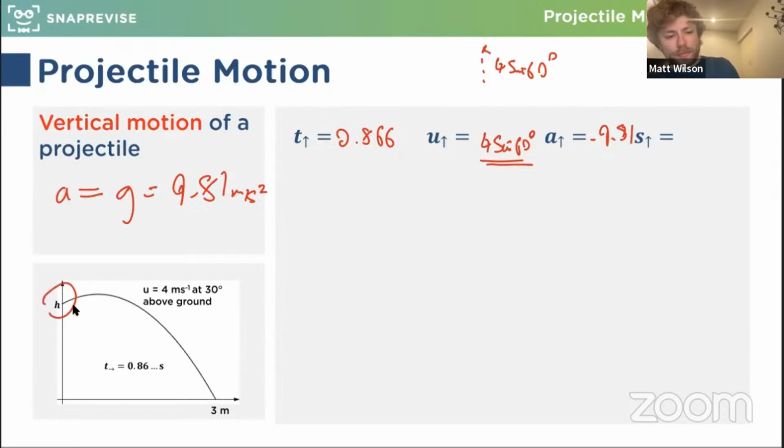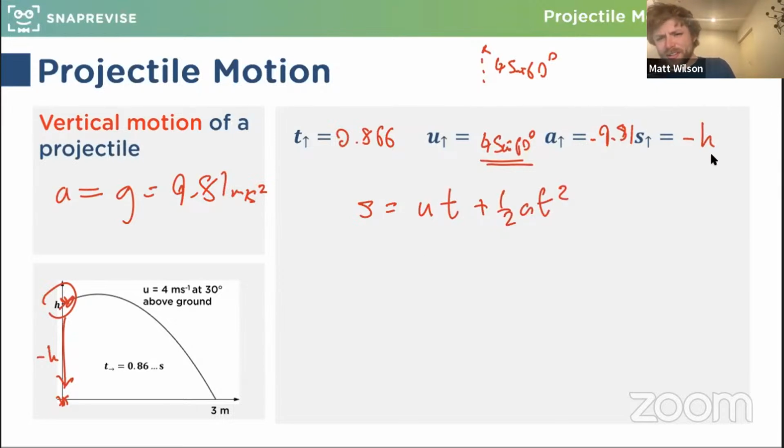And the displacement is something we want to know. Notice that we started here, finished here. So our displacement was downwards, which means it's negative h, because upwards is positive for this question today. That's the convention I've chosen. Okay, so again, the final velocity is hard to know. We don't want to think about that. So we use s equals ut plus a half at squared. We want to know s, so this is minus h equals, let's see, initial velocity is 4 sine 60